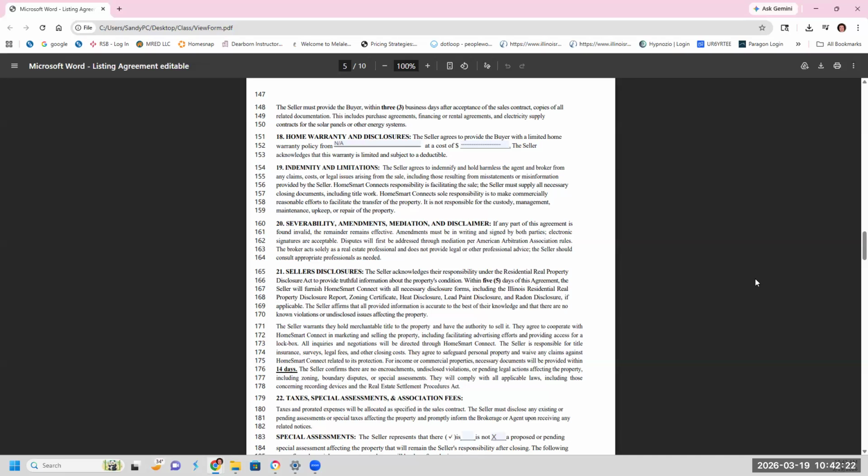Paragraph 18, home warranty. I'm sorry, yes, Sandy. We just purchased a home with solar panels. Also ask the seller if there is a fee to the buyer to transfer. Our seller was not aware of that, and it's very common, I guess, so once we were aware of it, we went back and asked the seller to pay for that.